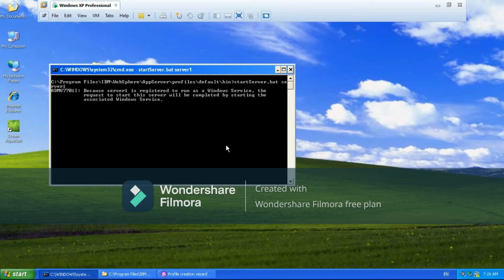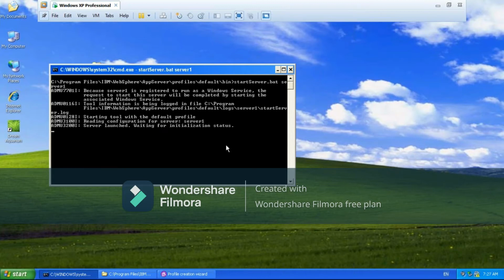Now once the server is started, what will come? It's going to show that the server is open for e-business, with a process ID. Yesterday I said that process ID is very important. What is that process ID actually? Server 1 is a JVM, a Java virtual machine, which we are going to consider as an application server, which we are going to administrate, and where we are going to deploy the application.